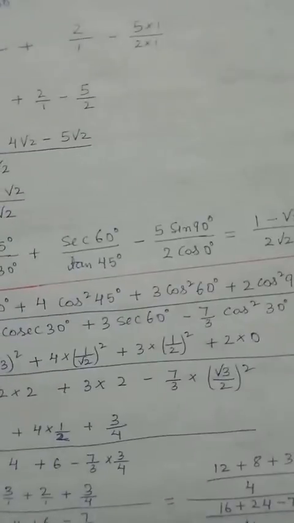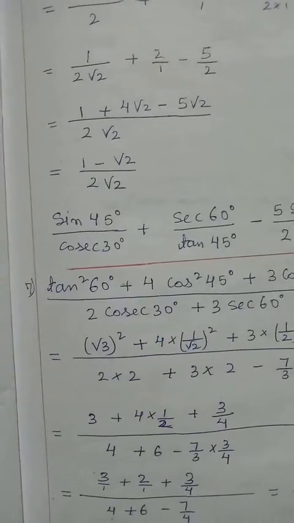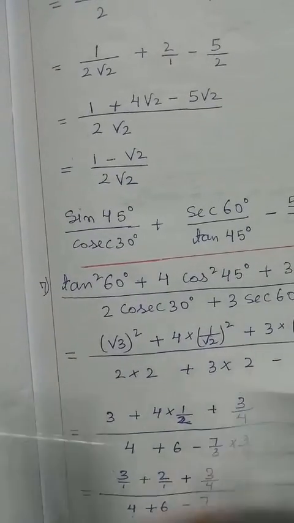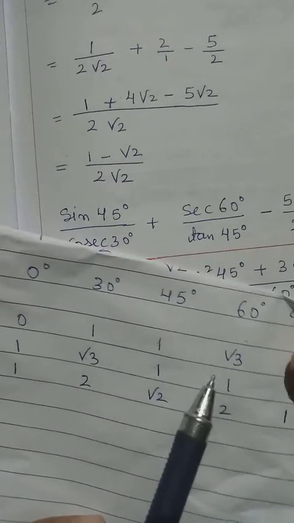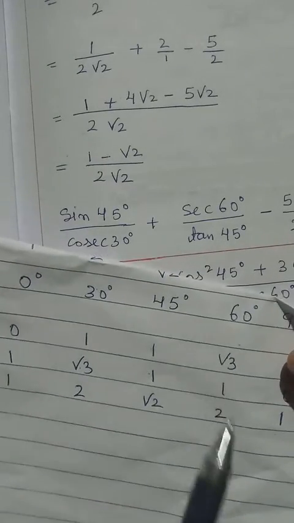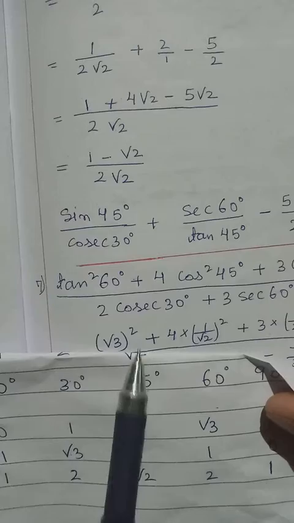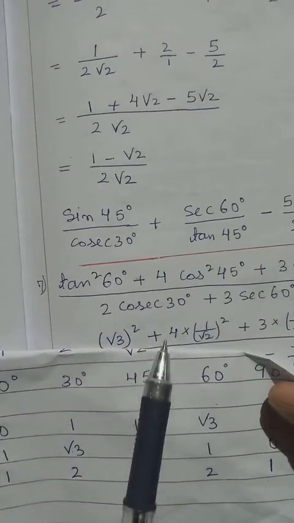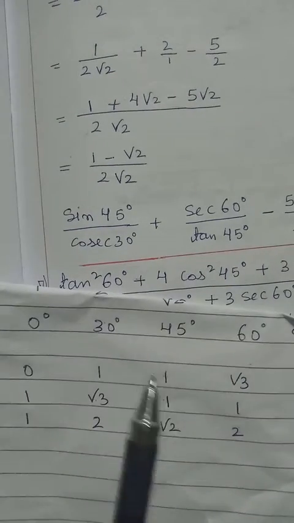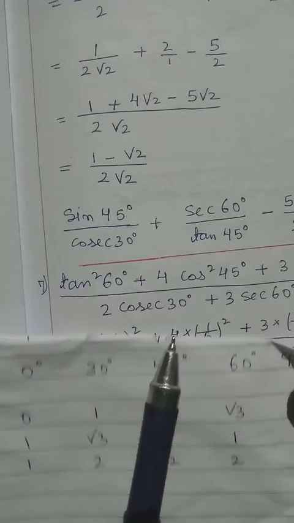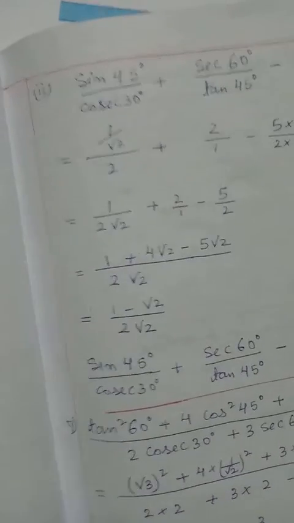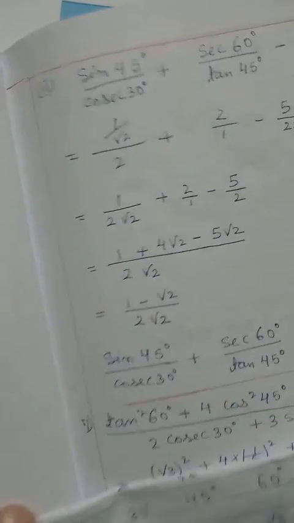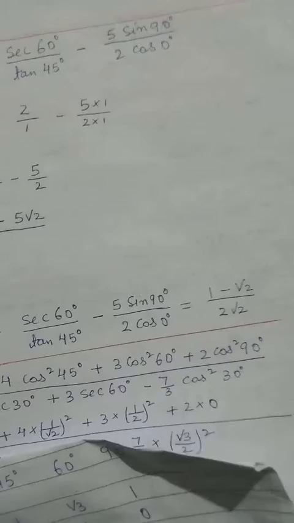So we continue next to number 7. We have tan square 60. Tan 60, we know it is p by b. So root 3 by 1, we have root 3. We have square, so we can put square. Plus 4, let it be. Cos 45, 1 by 1, it will be 1. We have square, so let's put square. Then we have 3 from the question. Let that 3 remain 3.